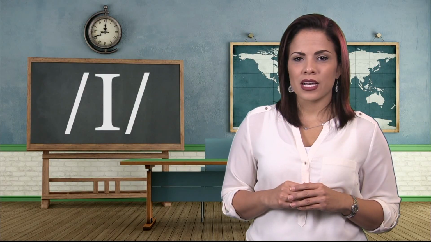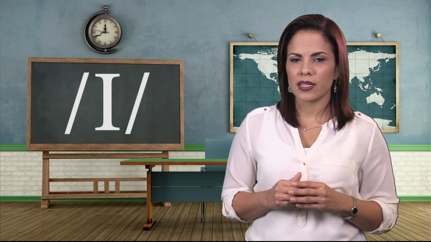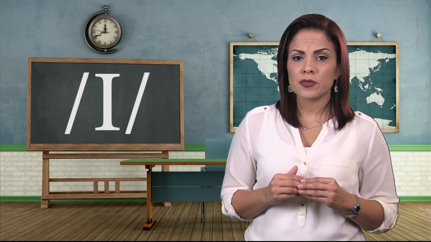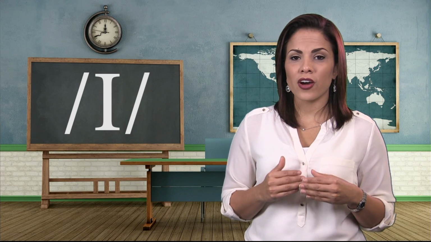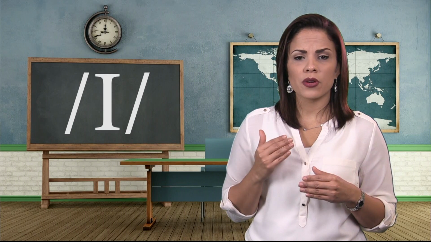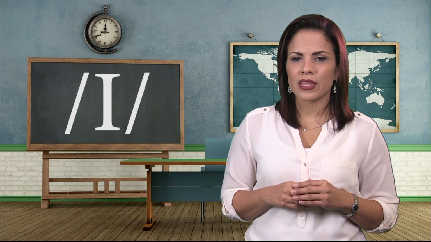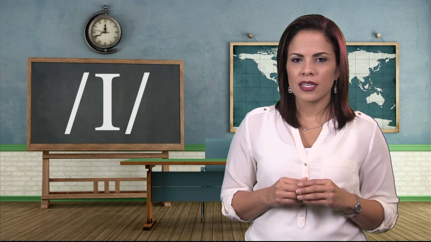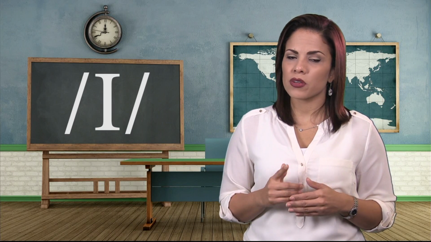The next vowel sound is the short I sound. It's represented by the capital I, I. The lips are in the neutral position and there is no tension on your mouth. Your jaw is slightly lower than for E, and your tongue is high but lower than E. The short I sound sounds like I. Let's try it. I. The I sound can happen at the beginning and the middle, but never at the end